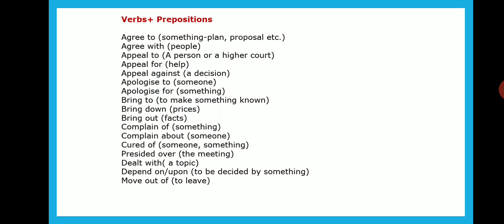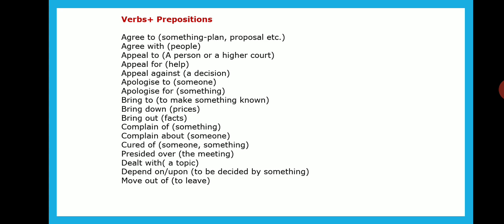Next slide, you have verbs and prepositions coming together. So these are called prepositional verbs. A sentence having a preposition and a verb. You have a combination of a verb and a preposition. I'll give you one example. If you want, you can write it down. She is waiting for him.